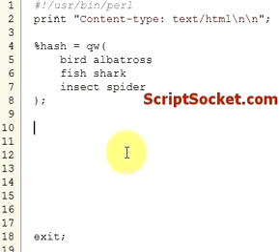Okay, so we can check whether a key in our hash exists or not. So we can use the exists function. So we can use an if statement. If exists